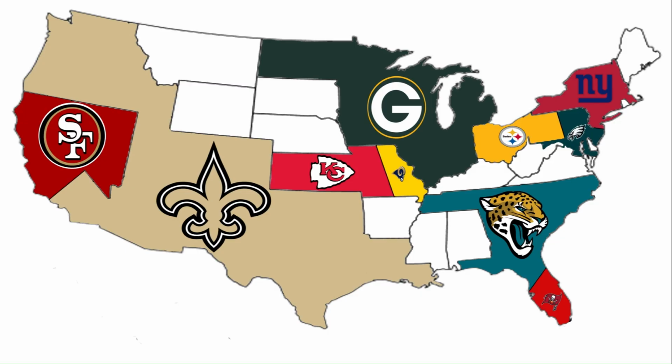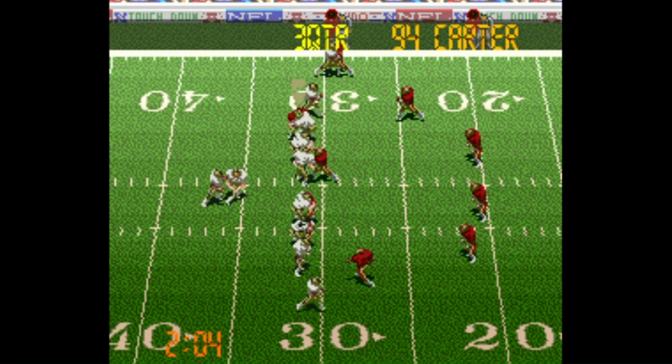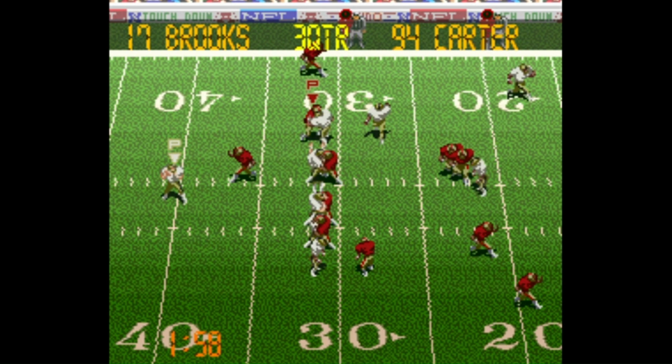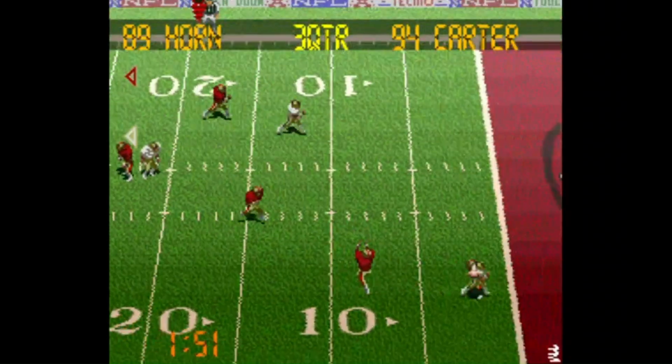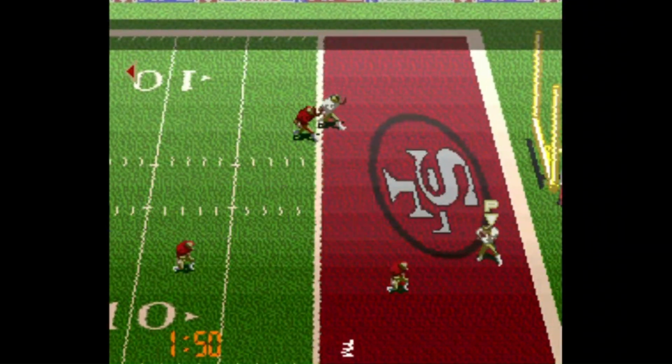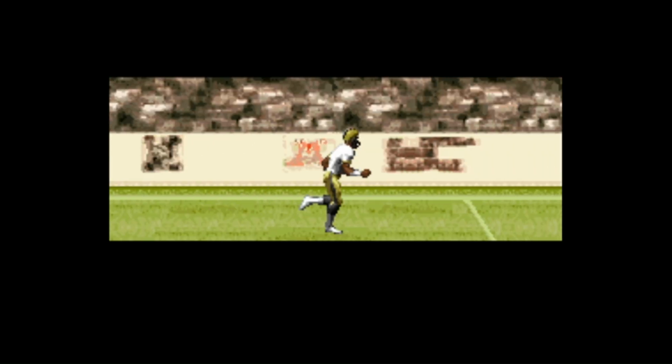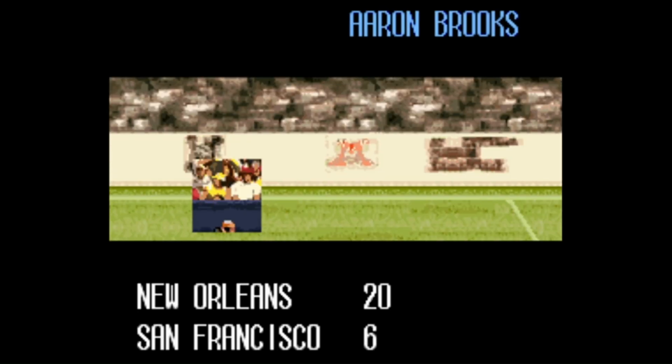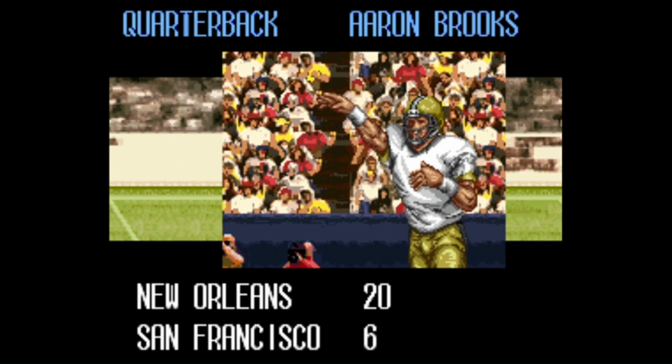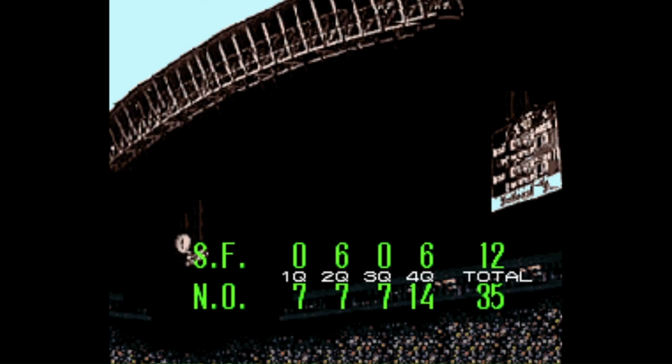Well, if the Saints want the West, they're going to have to go into San Francisco and get it. The Saints are going to be at the 49ers. The Niners were settling for field goals in the first half while the Saints were scoring touchdowns. Here in the 3rd quarter, they're going to get another one. Who else but Joe Horn making the catch and dancing around the defender to get into the end zone for the score. From this point, the 49ers lost control of the game.